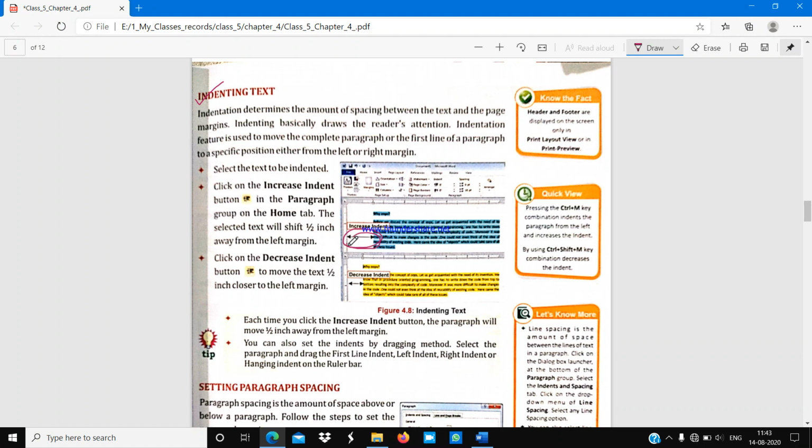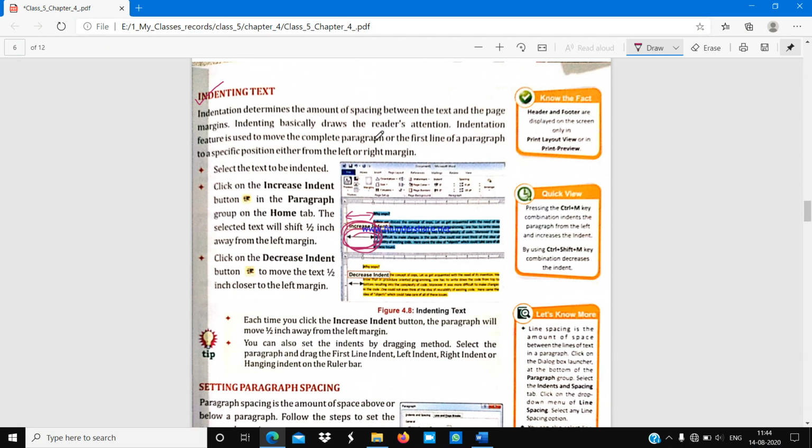This spacing is known as the indent. This is the page margin and this is the text, and the space between the page margin and this text is known as the indent. The amount of spacing between the text and the page margins is known as the indentation.